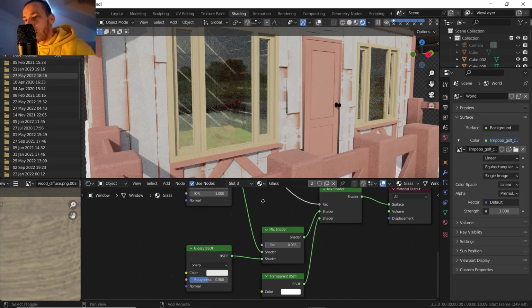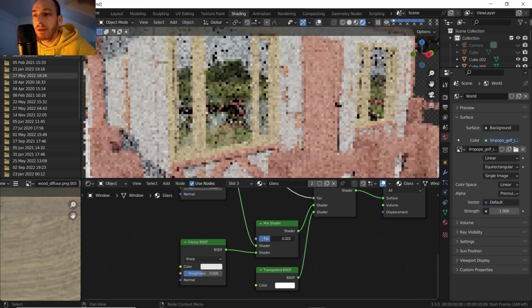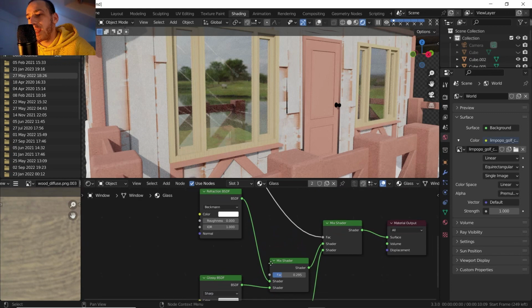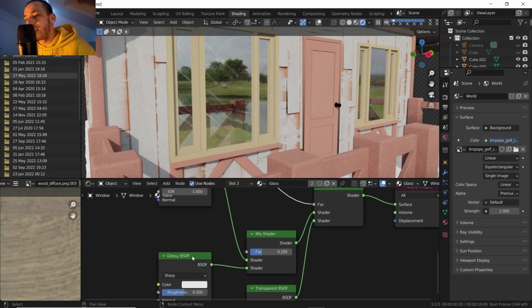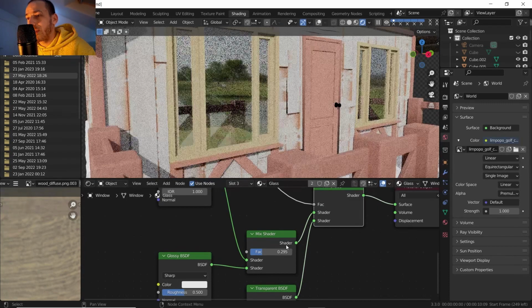So here, as the shader was already pre-made by the Archimesh, that's how it's creating the glass, which is pretty good. Like, it's architectural glass, it's letting the light pass through, so it's illuminating much more what's happening inside, but we do not need that. Instead, I'm just gonna play with the mix shader here from glossy and refraction. In this way we are gonna have more glossiness, but we do not want 100% glossiness. Instead we want something like